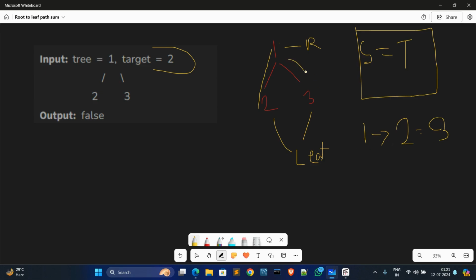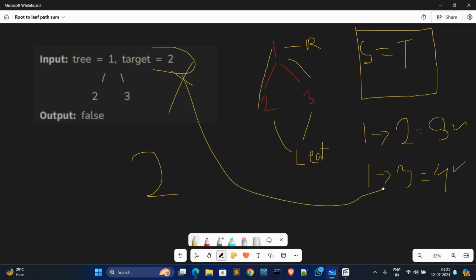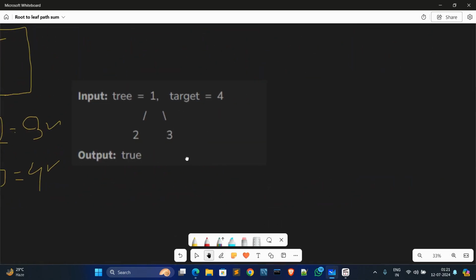Then the second path is 1 and 3, and the sum of this is 4. We found two path sums, 3 and 4, and both are not equal to our target. Our target is 2, so both do not match. Now go to the next example.